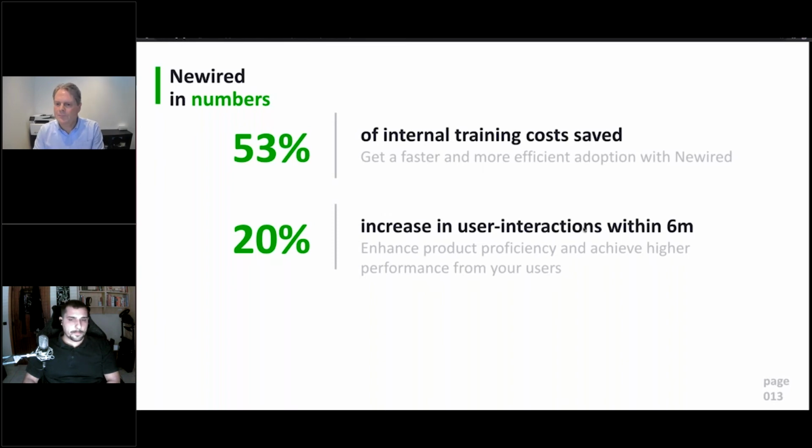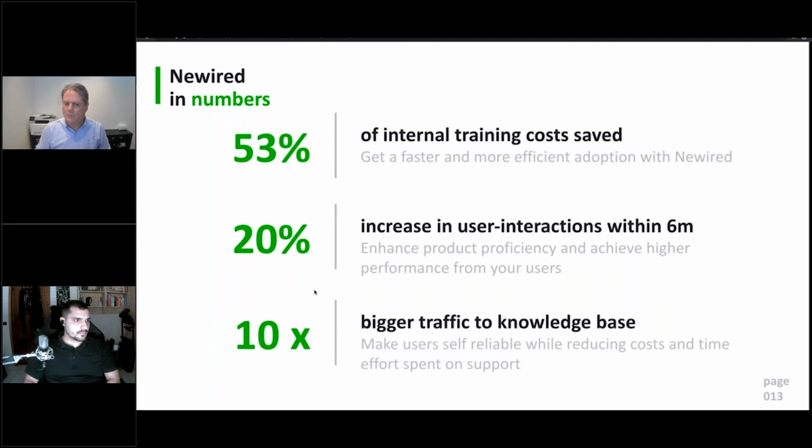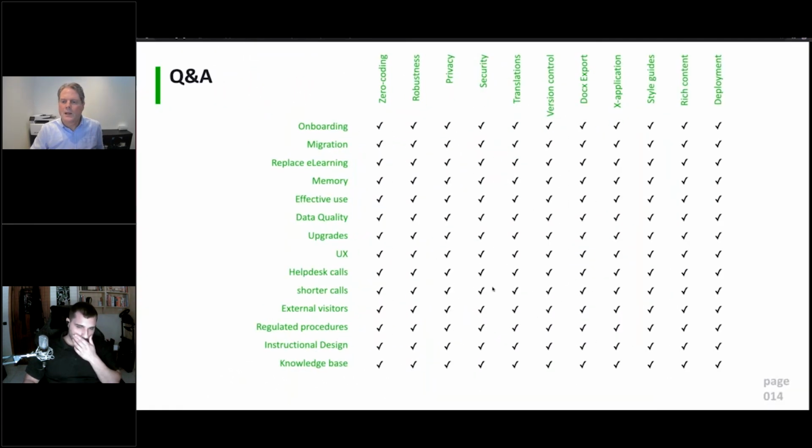So we enhance product proficiency and achieve higher performance from your users. 10 times more traffic to the knowledge base is being reported because we actually disclose the knowledge base to your customers, to your users. So we now have time maybe to give some answers to your questions.